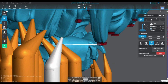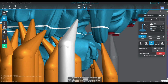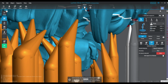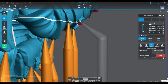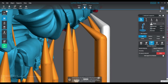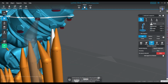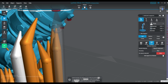Especially, it depends on how rough you are with your cleaning techniques. And if it's the only vat you have and you're just continuously dumping and cleaning it, you're definitely going to wear it down a little bit faster than you would if you just left it in there with the resin and just continued on your merry way printing. So this is really just more of a tip, and not as much of a consideration, but you need to understand that vats are also another disposable part when it comes to